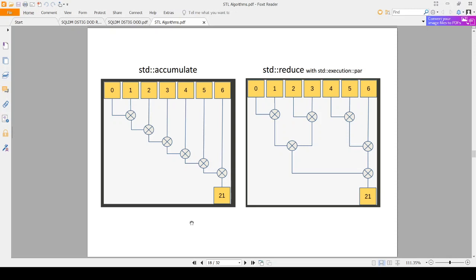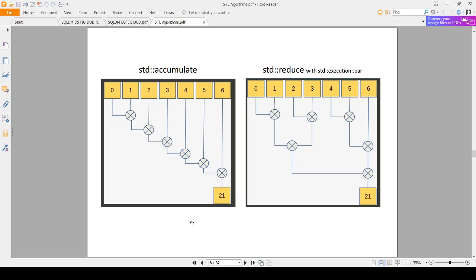So you can see on the left side how the accumulate executes, and on the right side, when we have execution parallel policy, how the reduce might execute. So the key difference to know is that accumulate is executing in sequence.